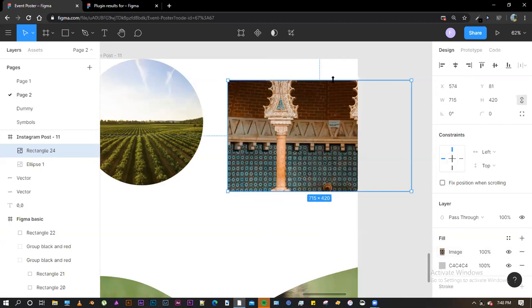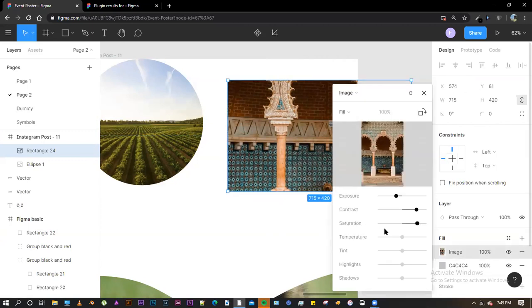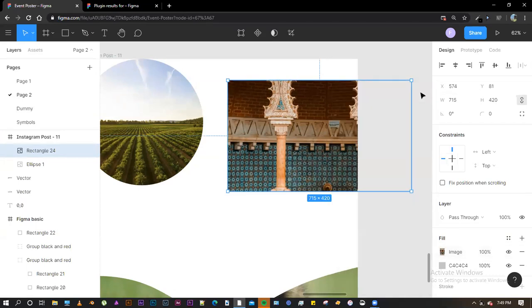Can you change the fill drop down? If I change the fill, currently I have selected this fill is set to image. If you change the fill drop down, can you show me?